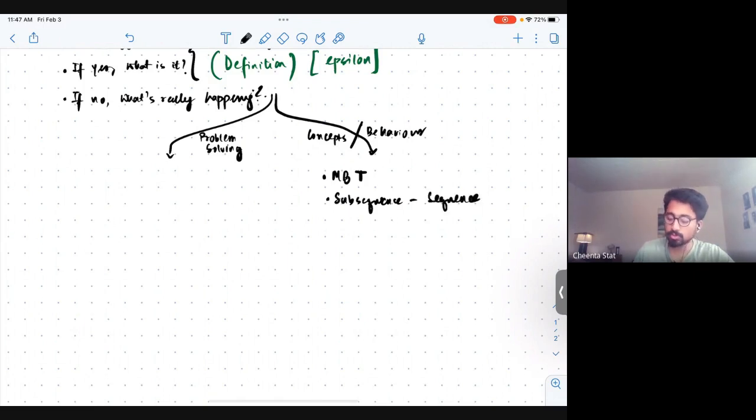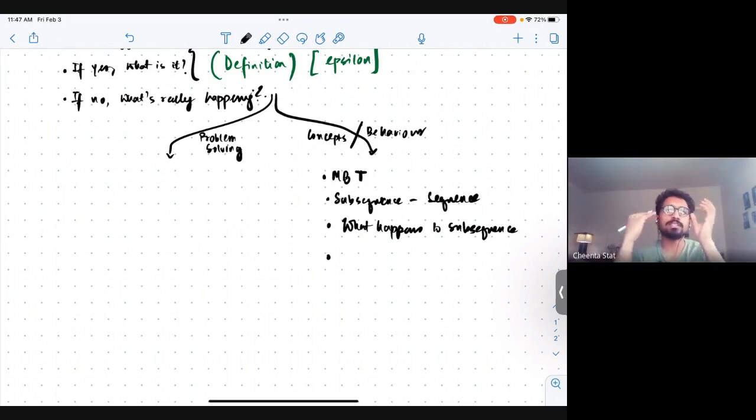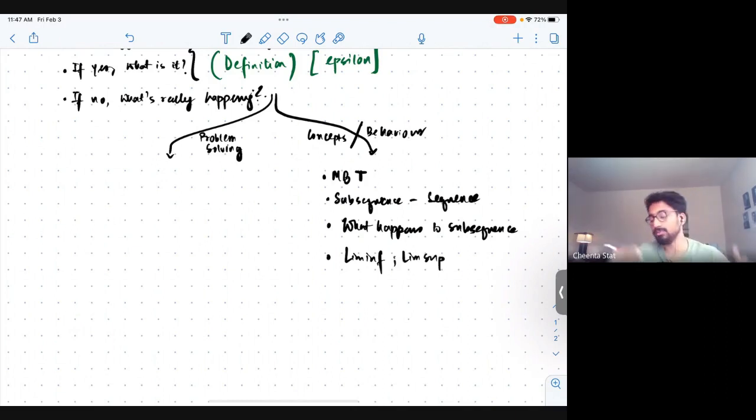Then we understand what happens if a sequence does not converge, what happens to its subsequences. We learn that a sequence doesn't converge only if its subsequences converge to various limits out there. It's erratic. So the natural question comes: what are the possible limits the subsequences converge to? That's why the concepts of limit inferior and limit superior come, which tell you what happens there.